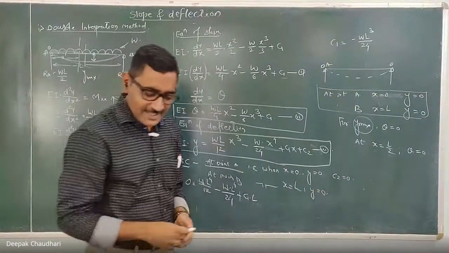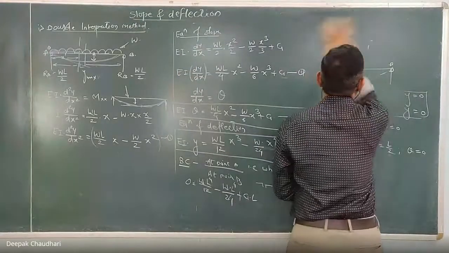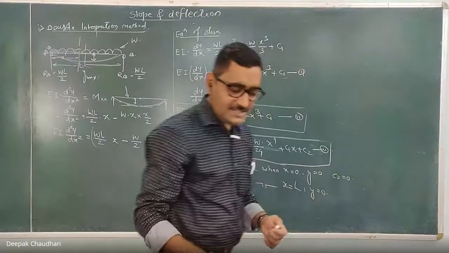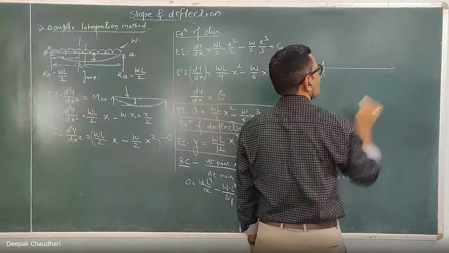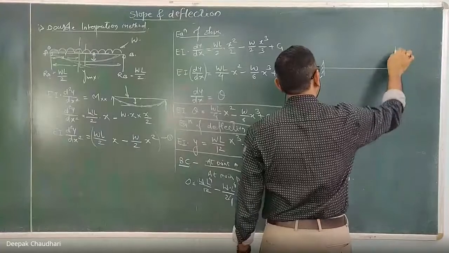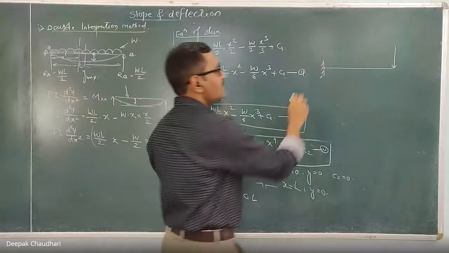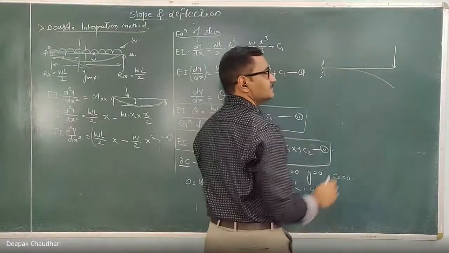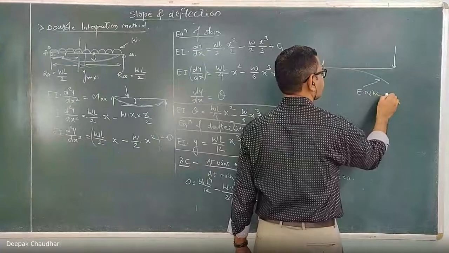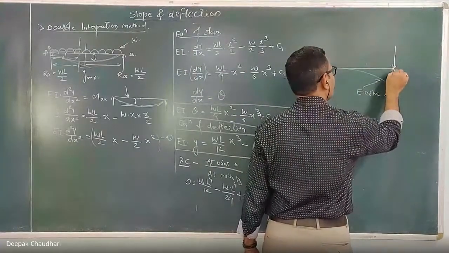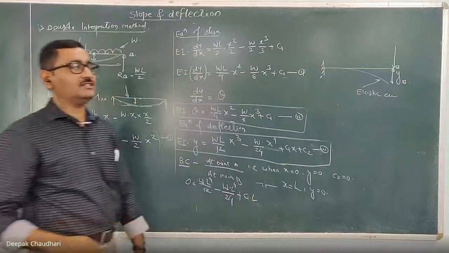Here, suppose I consider a cantilever beam, which is subjected to some UDL or point load at the extreme end or the free end. Here it will deflect like this. This is the elastic curve after deflection. This will be the deflection at the free end. If I say this is y, then this is YB, which is the deflection at the free